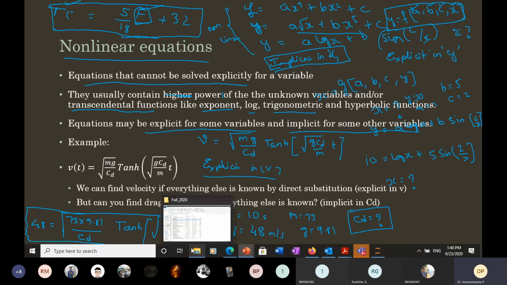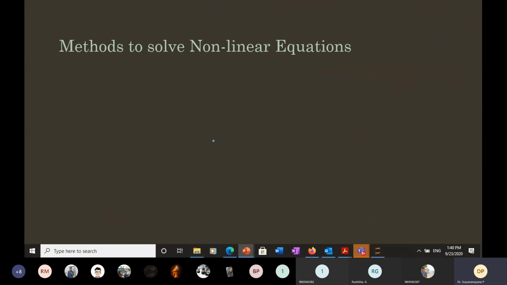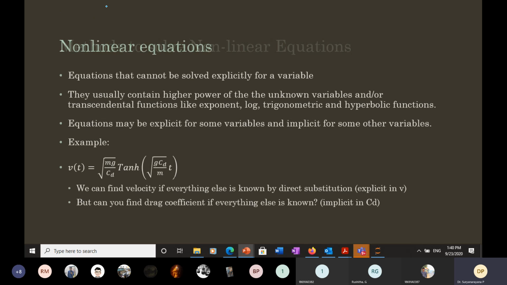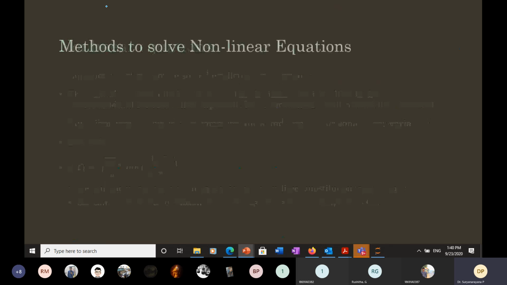From what you know now. Okay, here's the thing. The equation is this: 48 equals square root of, what did I say there, 73 times 9.81 over Cd, tanh of the square root of 9.81 times Cd divided by 73, into 10. Can someone tell me, if I ask you to solve this equation right now, how would you do it? Anyone? This is the equation I'm giving you. It's very much a valid equation, a good equation. If I ask you to solve this equation now,